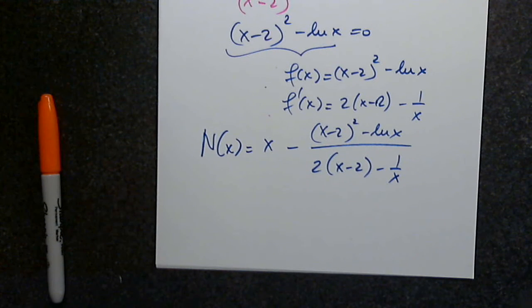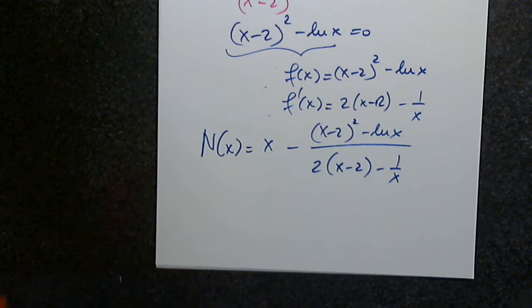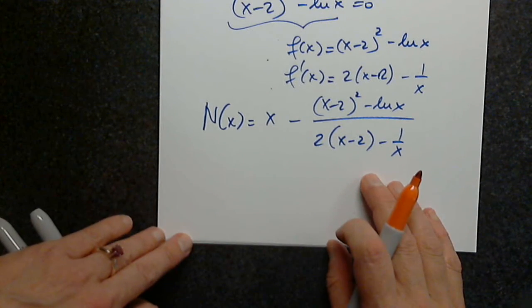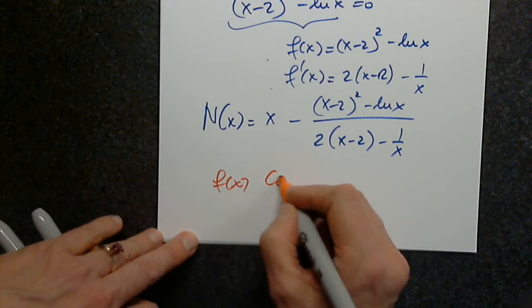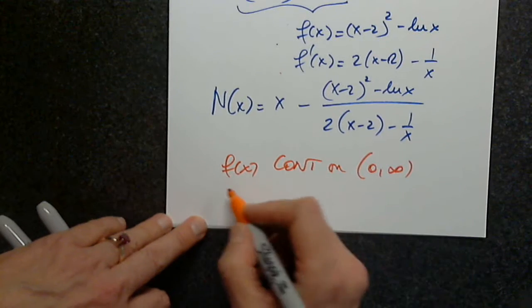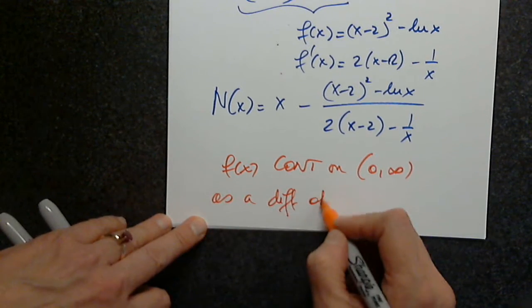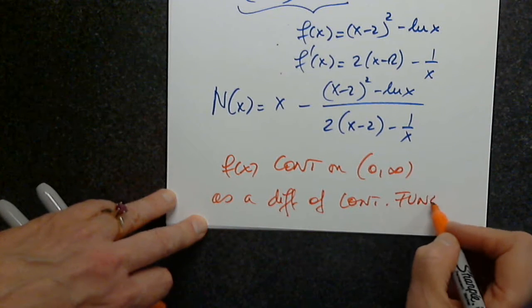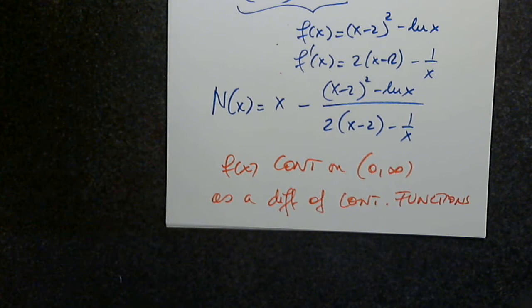But of course, we have to say that the function is continuous, and it is, on 0 to infinity because of natural log. Do not attempt to plug in 0, because natural log does not exist at 0. So start with 1, right? So f of x is continuous on 0 to infinity as a difference of continuous functions. We know the domain of natural log is strictly greater than 0. And when you put that in the calculator,